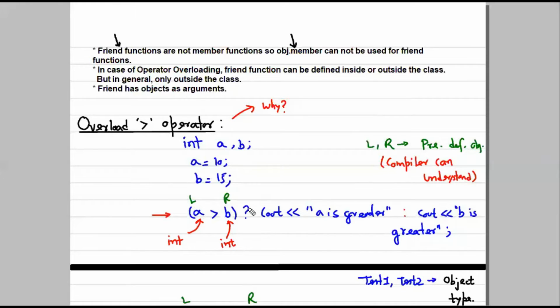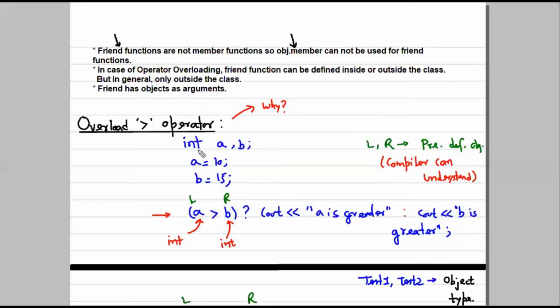But if you pay a little attention, a is the left and b is the right operand for this operator. These left and right operands are predefined objects. This a and this b are of integer type, and integer is a predefined data type. We usually say it is a primary data type, but it is predefined.